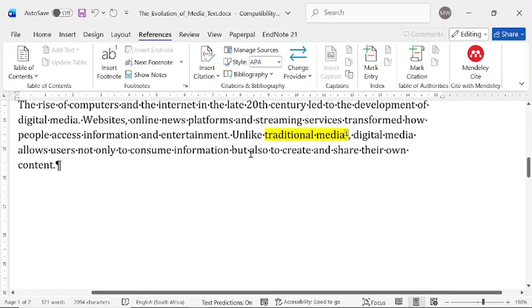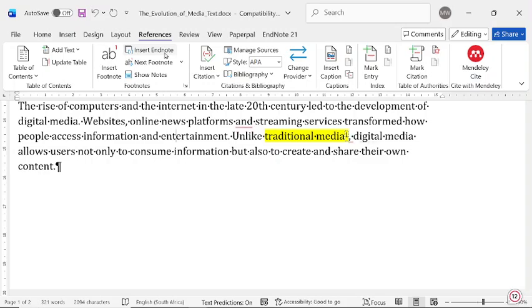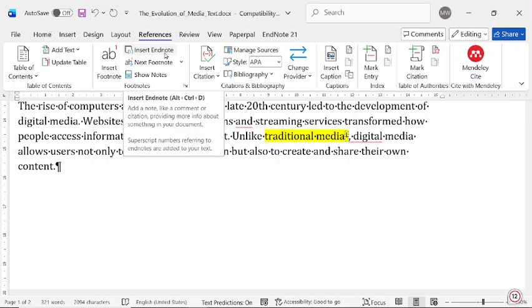Now a key thing to mention is this is what we call a footnote, and then we've got a similar option which is called an endnote. And the big difference is your footnote is at the bottom of your page, whereas your endnote is either at the end of your chapter, your section, or your document. So footnotes are on the same page at the bottom. Endnote is at the last part of the information.